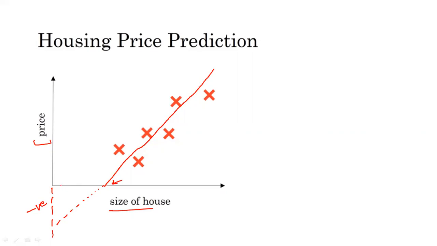Now, further what we can do is draw a straight line touching the x-axis like this. Okay, I should draw a somewhat bolder line so that it is visible to you. So now this is the function that would map the input, the size of the houses, towards the output, that is the prices of the houses. Now what we are basically doing here is that we have the input as the size of the house, and here we are representing the input as x.